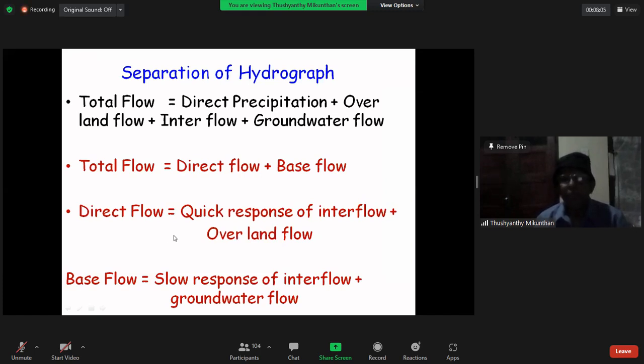Direct flow, because we are only dividing quick interflow into 2 components. Quick response of